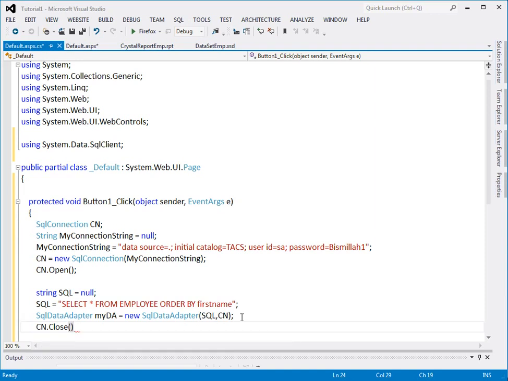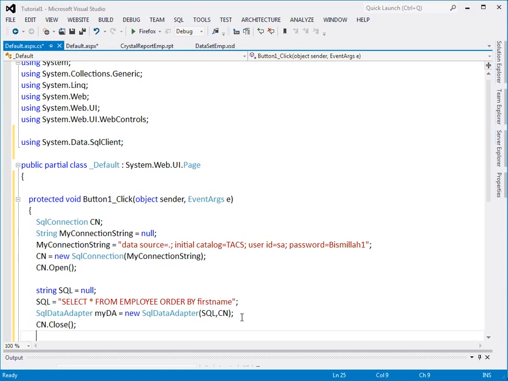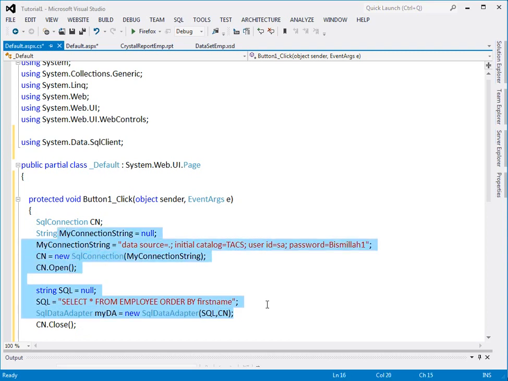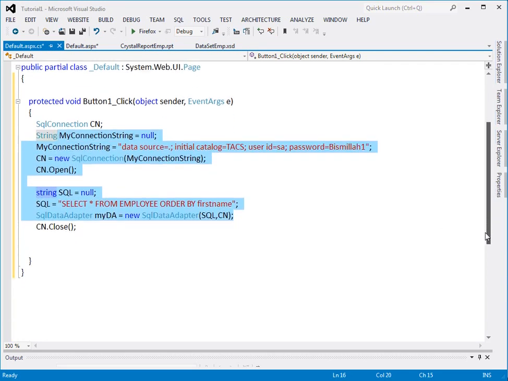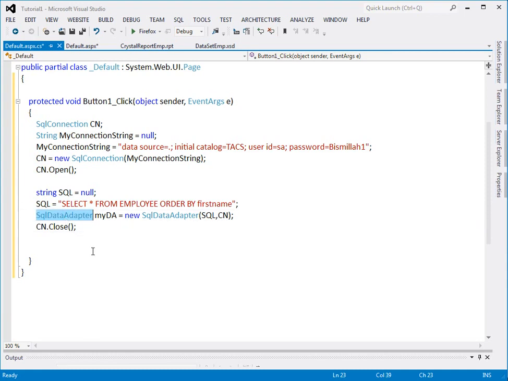That's why it is called working with the disconnected databases. So now we are disconnected from the database because we have provided all the necessary information, and our SQL data adapter is configured properly. So now what we are going to do is